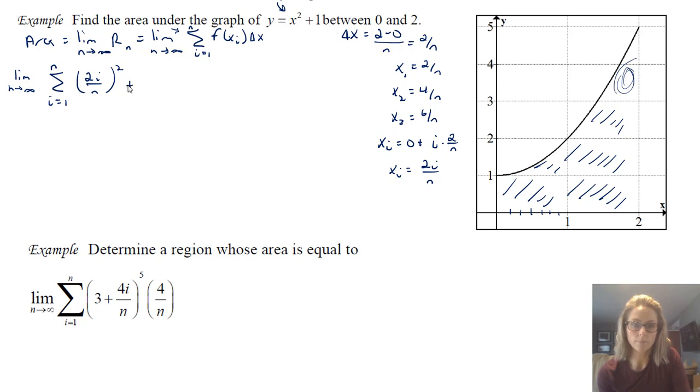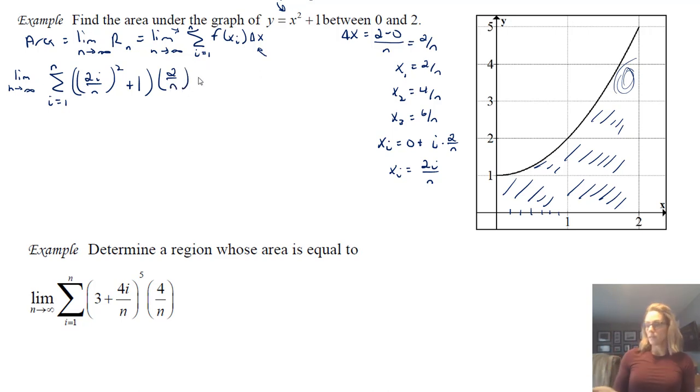And then I add 1. And then I multiply that by the change in x, which is right here. Change in x, we already said was... okay. Now, this is almost exactly like what we've already seen in the problem above. So if you want, you could pause it and see if you could write this out, make some changes in terms of the i's that you might have, and then take your limit and see what you get. Your answer should end up being a finite number.